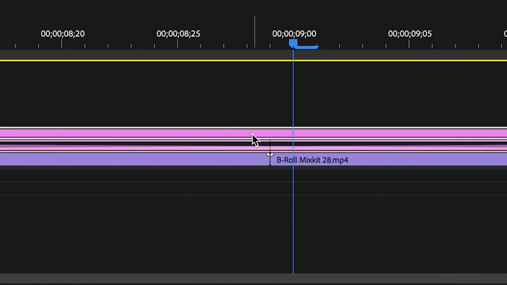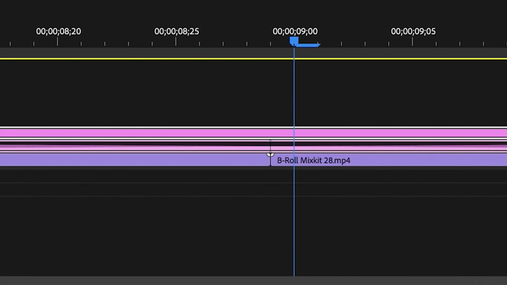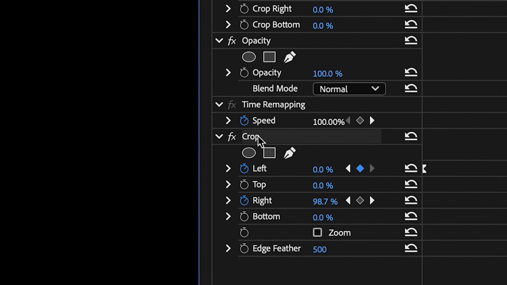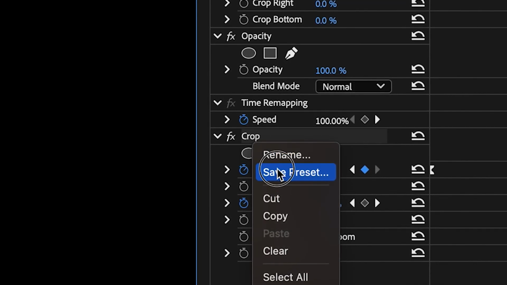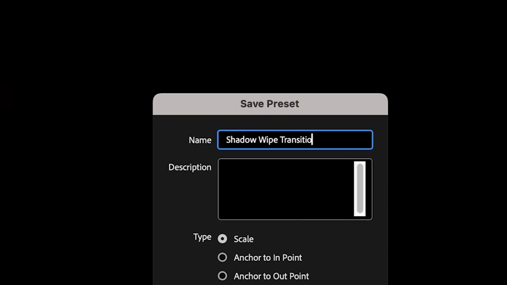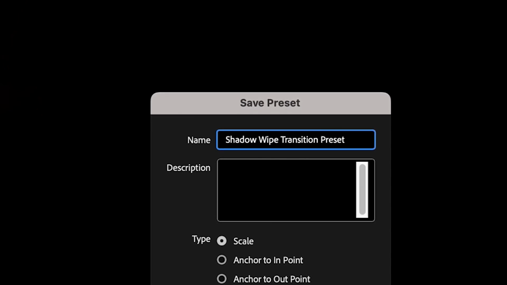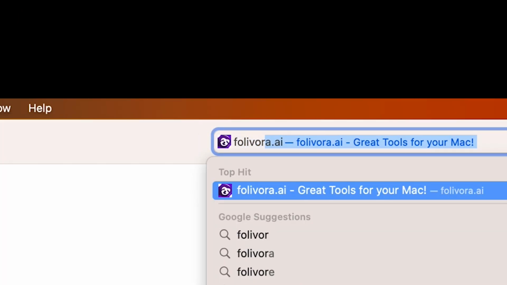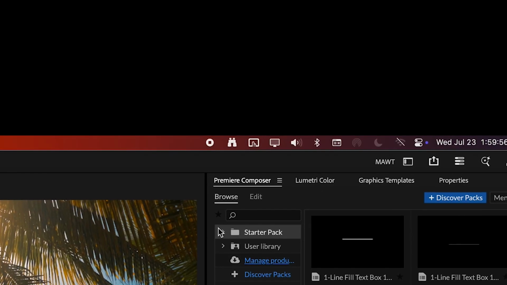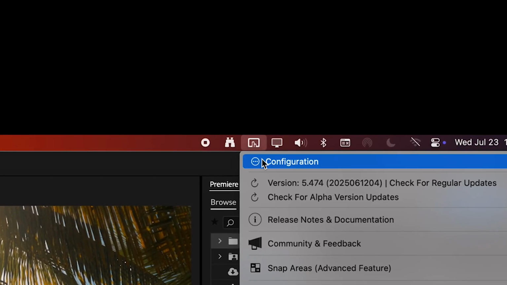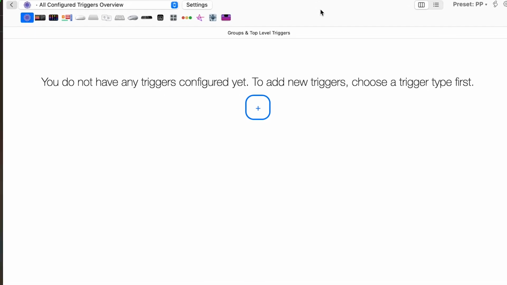Then, with the second adjustment layer selected in your timeline, go to the effect controls panel again, right click on the crop effect, select save preset from the pop-up menu, rename it to shadow wipe transition preset, and click OK to save it. Last but not least, make sure you have the free trial version of the app BetterTouchTool installed on your Mac. Navigate to this new icon up here, click on configuration, and then let's get started with our